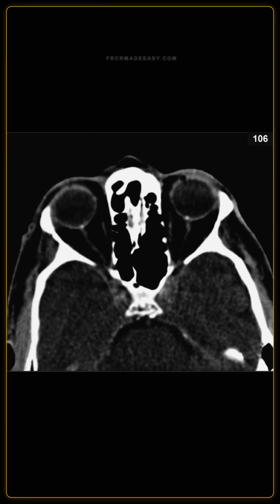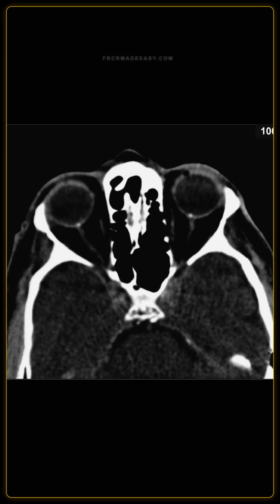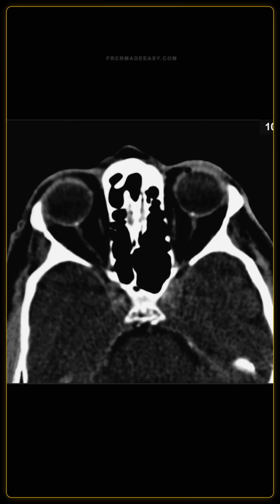A 54-year-old male presented with bilateral visual field blurring. I am showing you an axial orbital CT scan. Describe the findings. Right, so